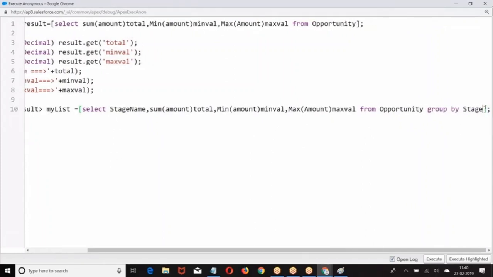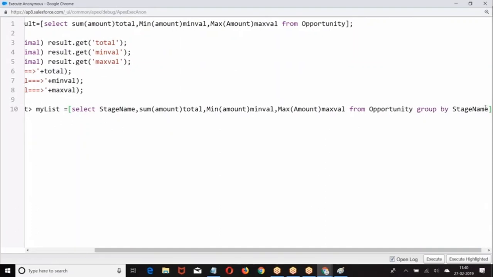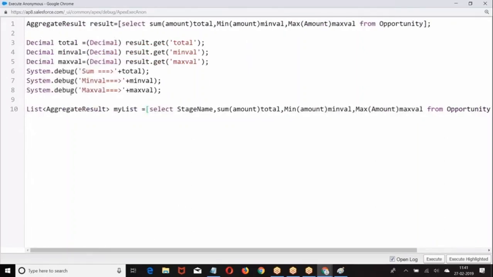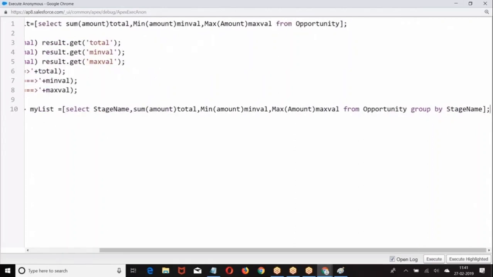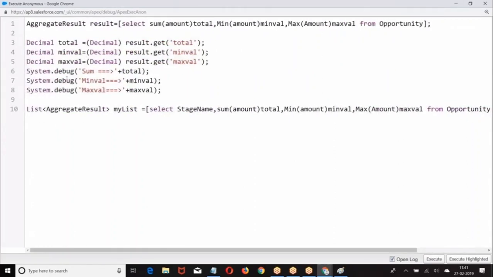When you say group by stage name, every group is going to get its corresponding sum, min, max. Now, how many groups are we getting? List of aggregate result. Then how do you write the code? Same story, there is no difference.